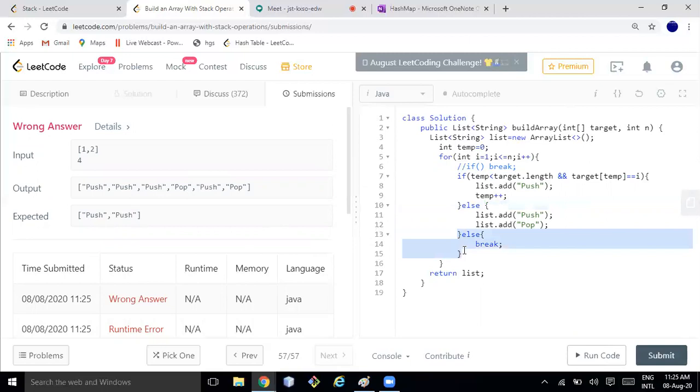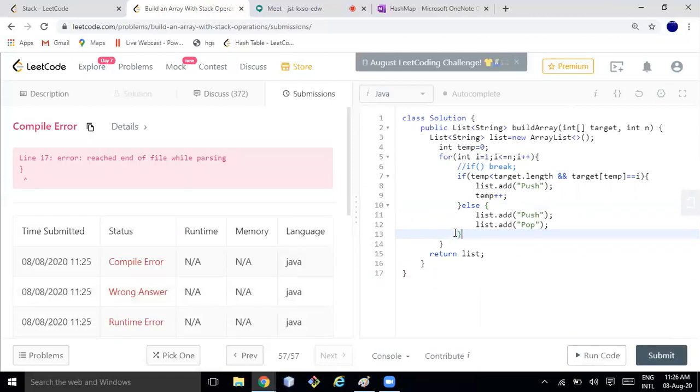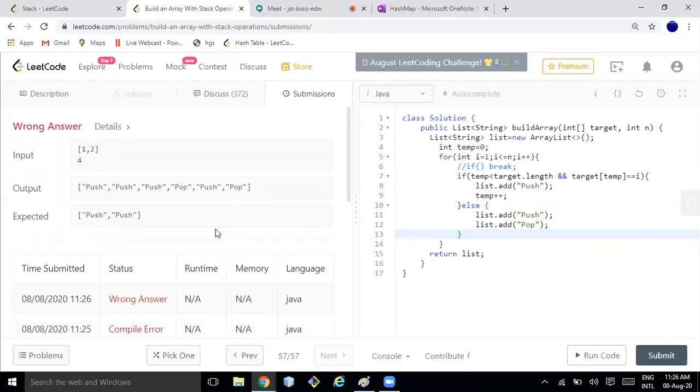Or I can do just like this also. I can remove this. If I submit, oh sorry, one parenthesis is missing. Which is also having some problem, right? Because at the end some condition is failing, and it's always writing push pop, push pop, push pop.